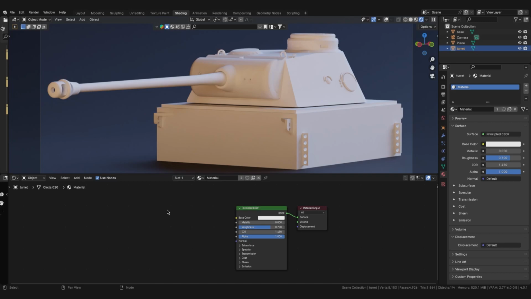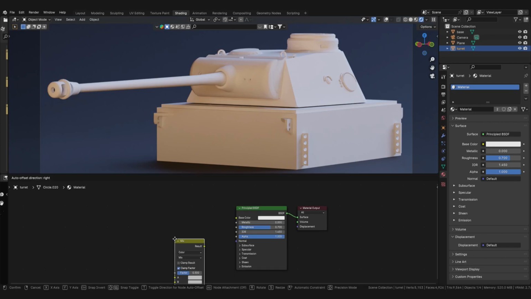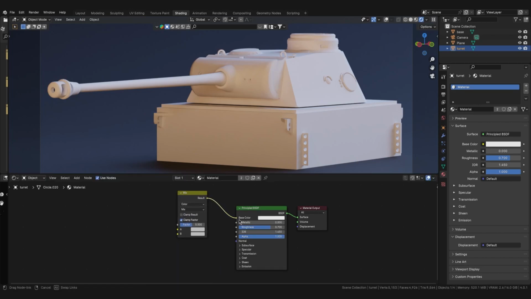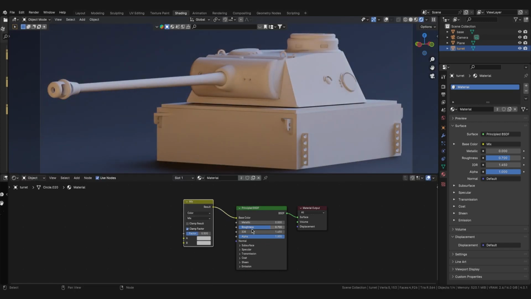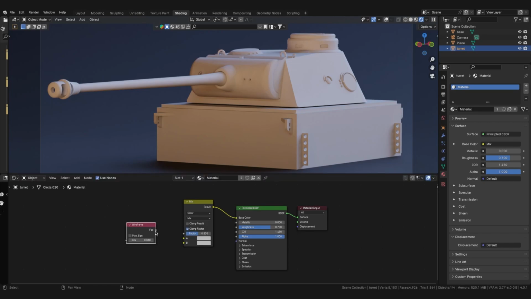the only two things you need to do is to click Shift A, search for mix, select mix color, plug it into the base color, and this will be your colors of the wireframe. The second thing you need to do is to search for the wireframe, and you plug this to the factor of the mix node,